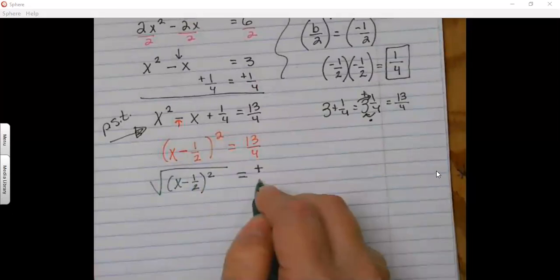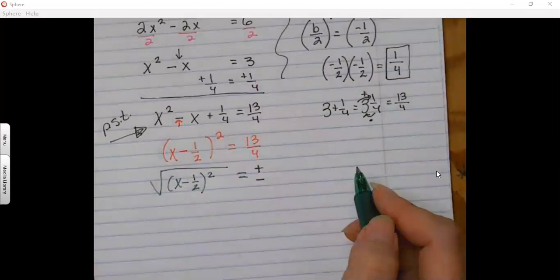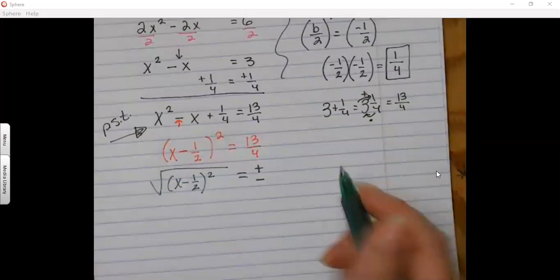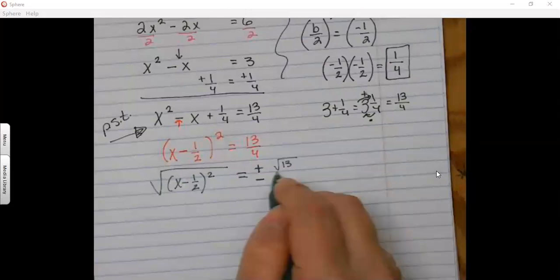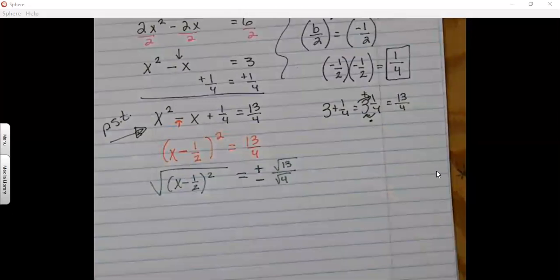Now that's a fraction. I could do one big radical sign, but I like to do it separately. I like to put a little square root over the numerator and the square root over the denominator, because sometimes it's easier for kids to simplify when you think about it as the numerator being separate from the denominator, because you can take the square root separately on a fraction. So